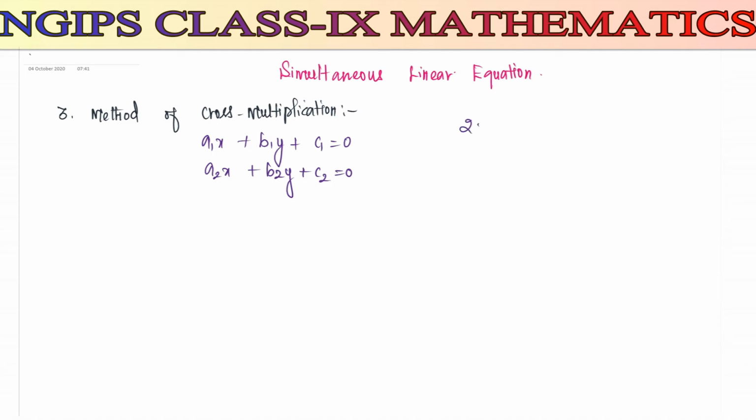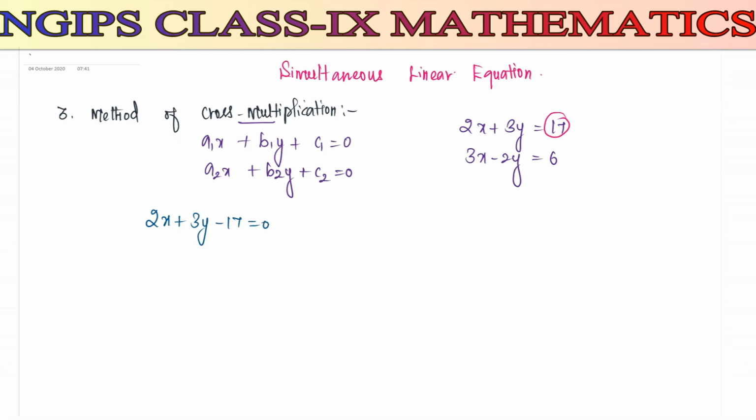Here we have 2x plus 3y is equal to 17, and the second expression 3x minus 2y is equal to 6. So you have to make sure that the constants and the variables are on one side, and on the other side you should have only 0. For example, the constant on the right side, I am going to shift to the opposite side. So we will get 2x plus 3y minus 17 is equal to 0.